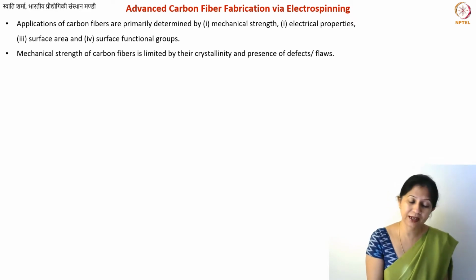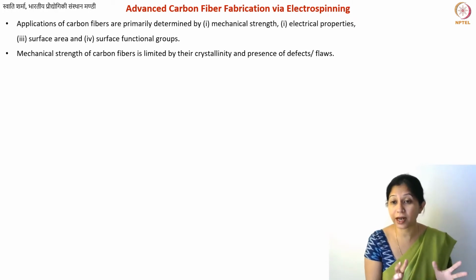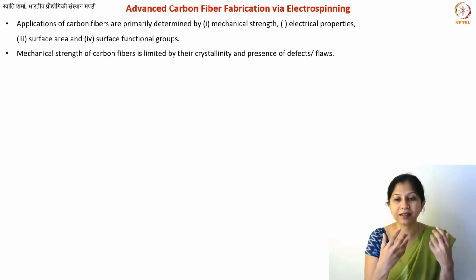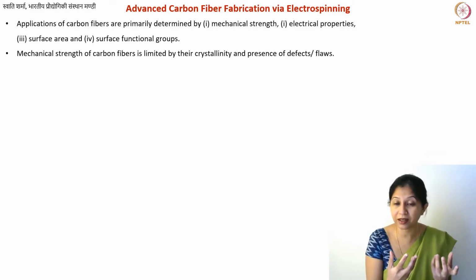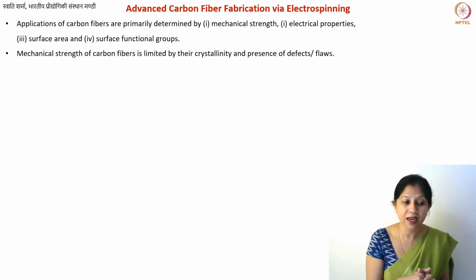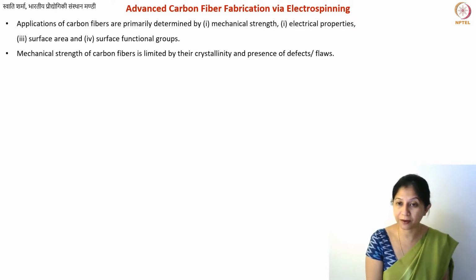Similar to all carbon materials, even in the case of carbon fibers, one thing that determines the mechanical properties, also electrical properties, but mechanical, is the crystallinity. So as heat treatment temperature increases, the graphitic content increases, then the stiffness of the material increases, then you have higher modulus carbon materials. So that is also valid in the case of carbon fibers. As you increase the crystallinity, you get higher stiffness.